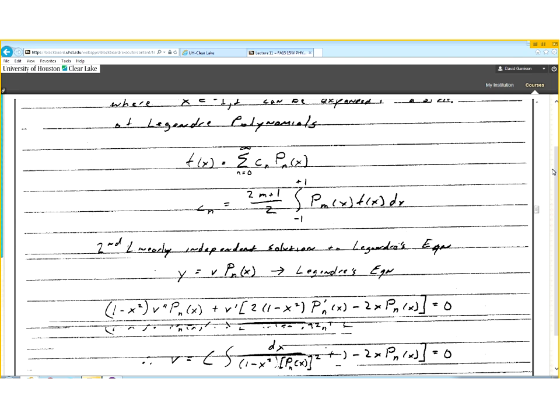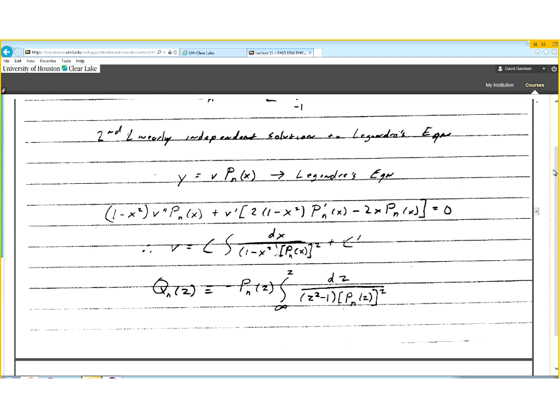All right, so there's also a second linearly independent solution to Legendre's equation, and that is if you throw in something like y equal to v times the Legendre polynomial into Legendre's equation, you can see that you get a slightly different differential equation, where you have v prime and v double prime here. In solving this differential equation, you can come up with a solution where v is equal to some constant times the integral of 1 over 1 plus x squared times your Legendre polynomial squared. And so